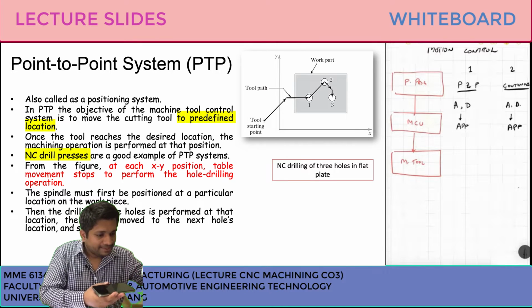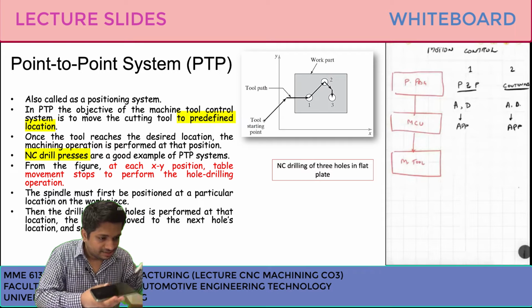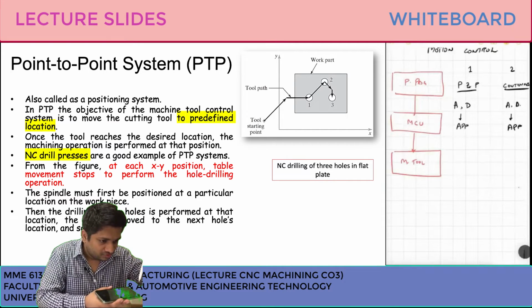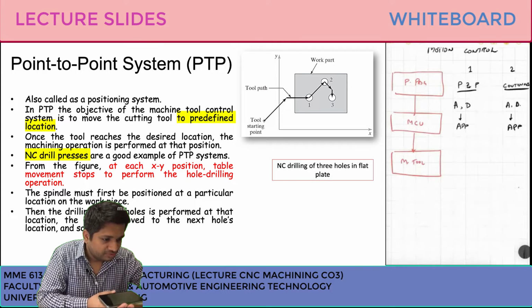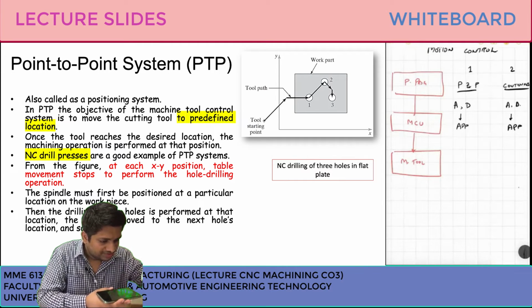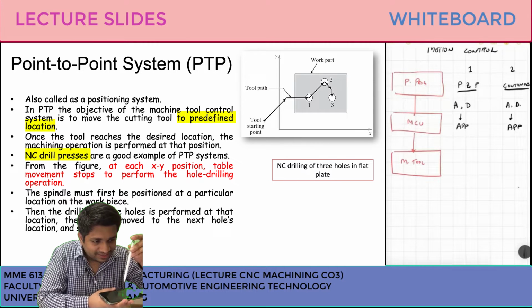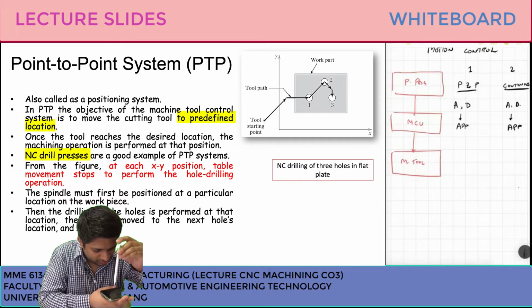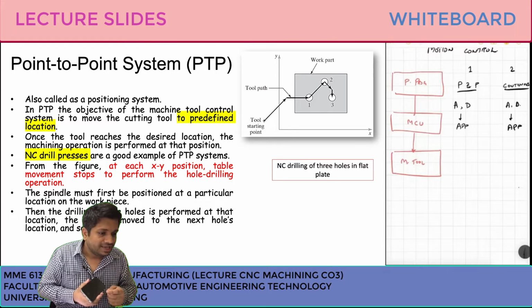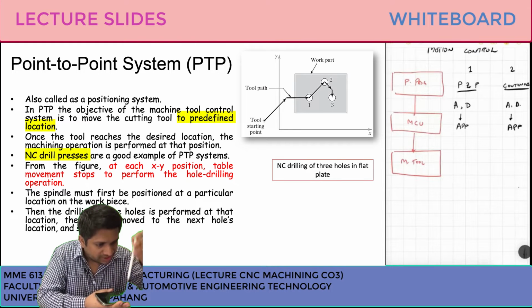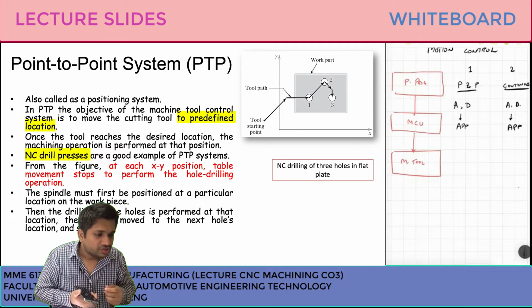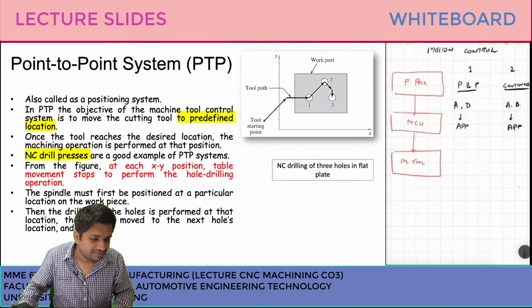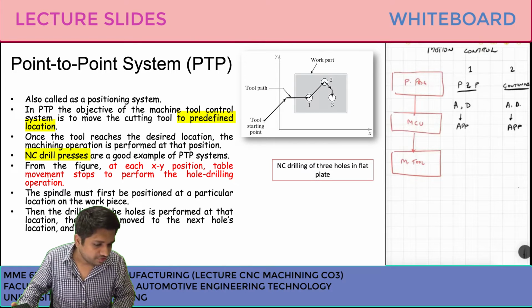So once again, in a drilling operation, for example, I have this tool. I give the instruction to the CNC program to move quickly to this point, so it moves quickly to this point. Then I give the instruction to go down and start drilling, then go up and stop drilling, then move to another location quickly, then go down, start drilling, and go up, stop drilling. So this is called the point-to-point system, in which you reach a point quickly and then start the machining process. An NC drilling system, a numeric control drilling system, is a perfect example of this.